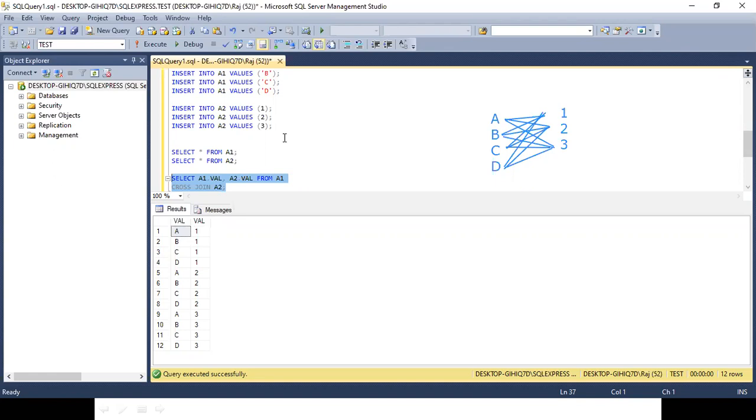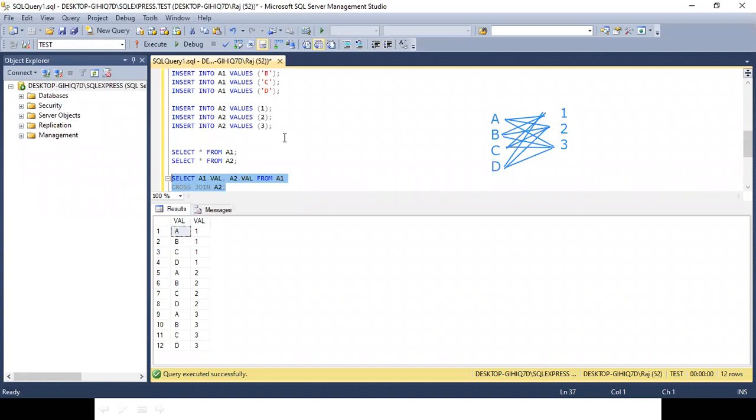When I told you about join, I told you there is one mandatory condition with the join. Do you remember that mandatory condition? I can join two tables only if at least one common column, sir, has to be available in both the tables.